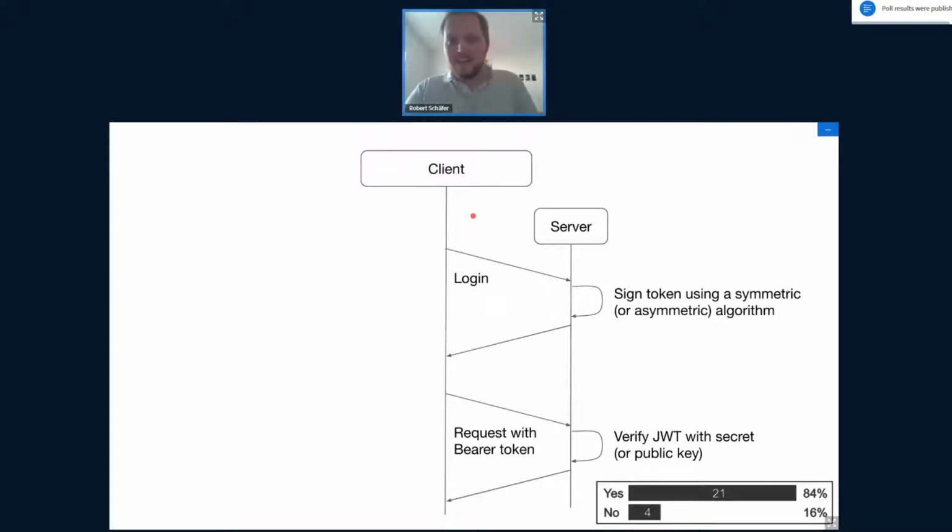All right, so this is the scenario if you have just one server which is taking care of login and all of that. You can see here you can use either a symmetric or asymmetric algorithm. The difference is that for a symmetric algorithm, you use the same secret in order to verify and sign the JSON Web Token, right? So that would be the symmetric approach. Asymmetric is you have a public and private key, and you use the private key to sign the token and use the public key to